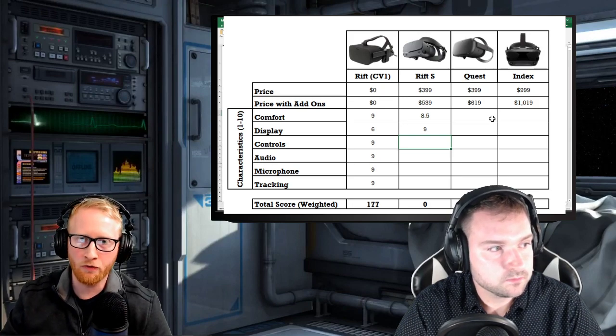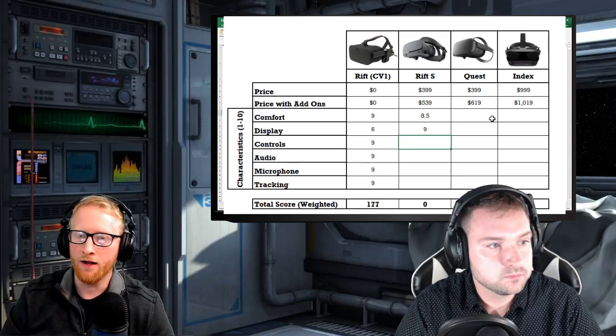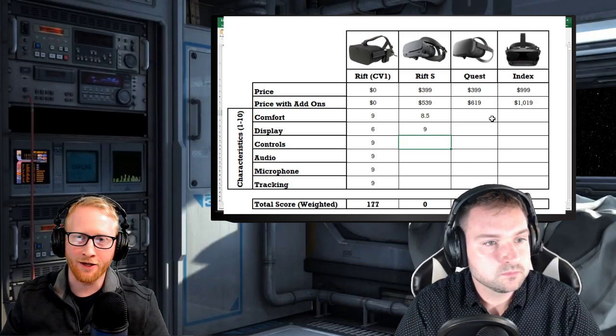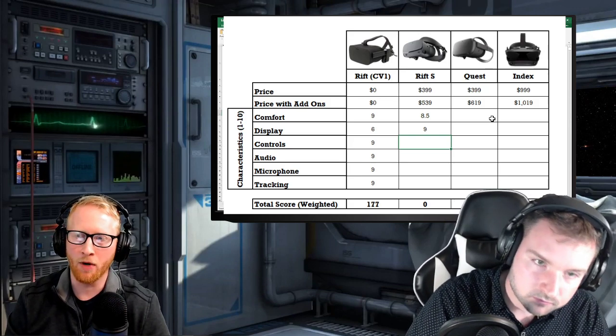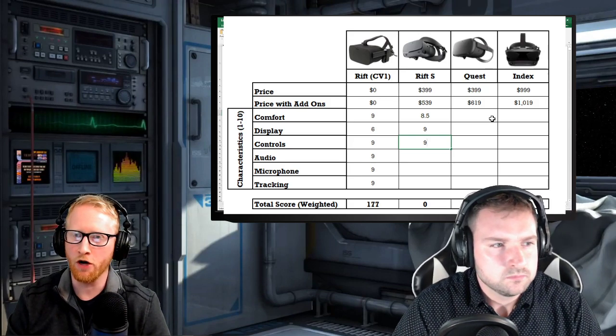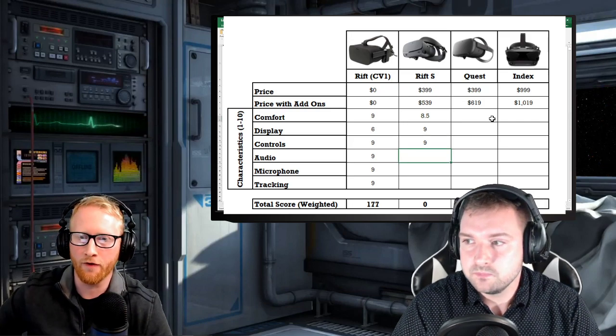I mean, the controller build quality is a little bit different, and they're not quite as quality feeling. But just playing, when you can't see the controllers and all that stuff, it fits about the same, and button placement is pretty much the same. So you don't really notice a big difference. There's not really going to be a learning curve, I don't think, going from the CV1 to the Rift